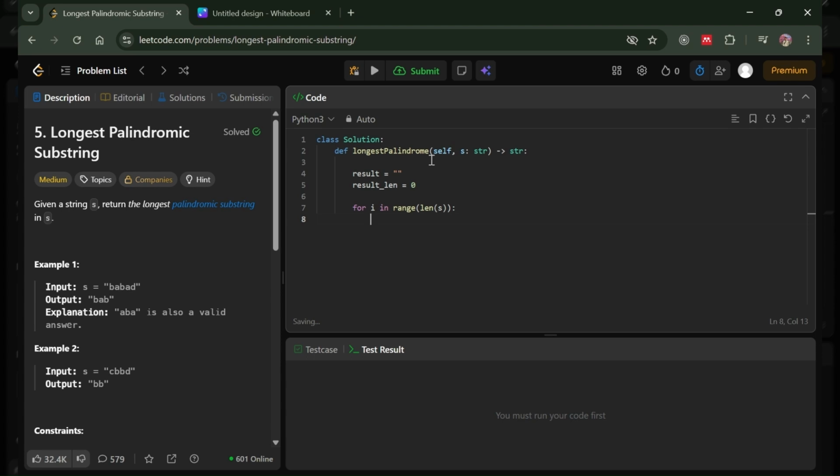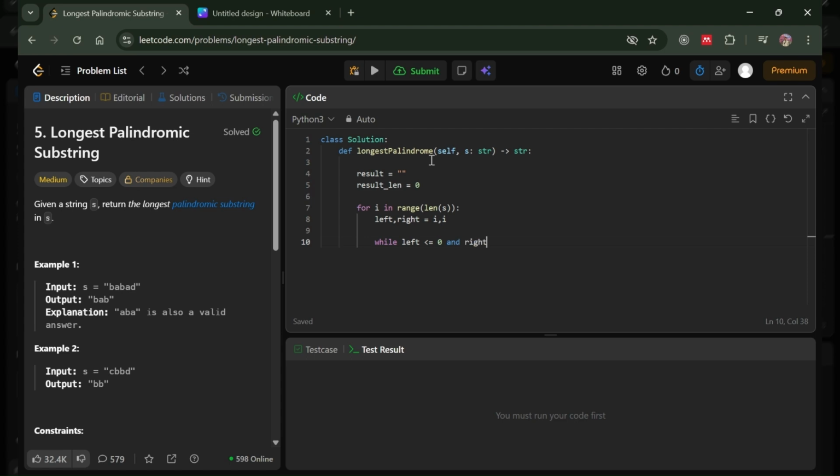Next, we will set two pointers left and right, starting at the first index, and we will use a while loop to check the condition: while left is bigger than or equal to 0